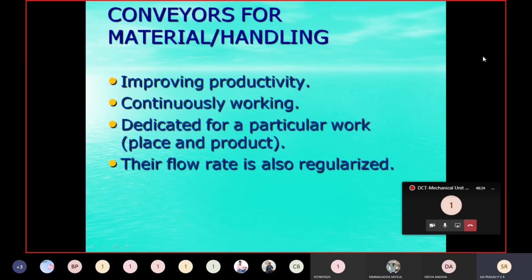First one, conveyors for materials handling. Why are we going to use them? Just now we said in the municipal water treatment method, after the silos we have conveyor belts. So what are conveyor belts? Conveyor belts are used for transportation of materials from one point to another point in the chemical industry. You have seen this as a drag line, okay, not a tractor shovel, a drag line, where we are using a screw conveyor, so that we will be adding the materials to it, and that will take the materials from one point